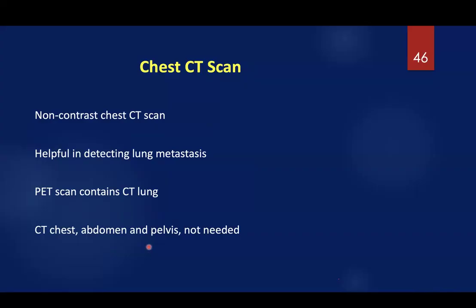CT chest also is very important. It's usually non-contrasted CT chest. It detects the lung cancer. And again, remember, PET scan includes a CT chest. And in staging of any bone cancer, you don't need to do an abdomen and pelvis CT. It's only CT chest. And for your information, one of the very recent articles that was published at the end